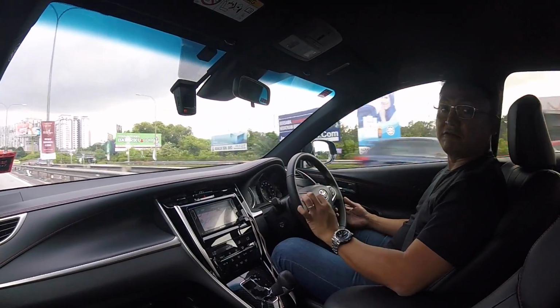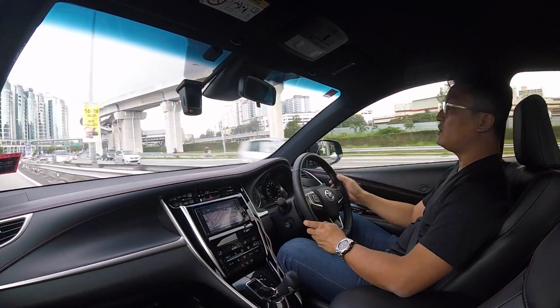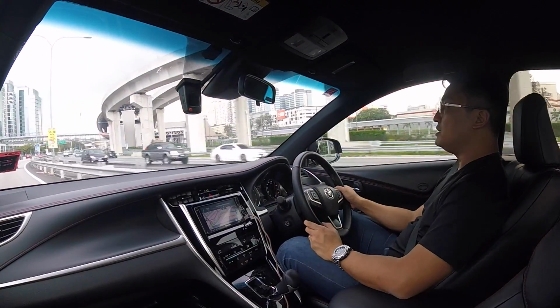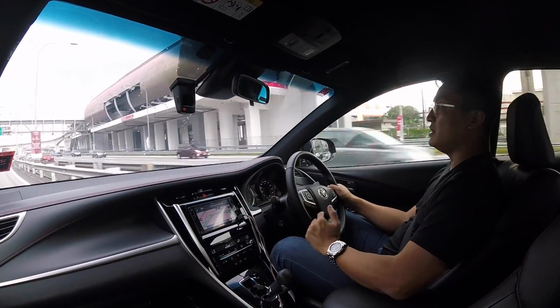So they add in a lot of features. Okay, they add in quite a number of features into the car. 228 horsepower, 350 Newton meters of torque, and at this price, 238. This price, right, you are only like about...